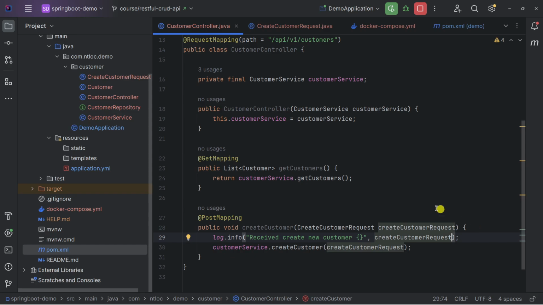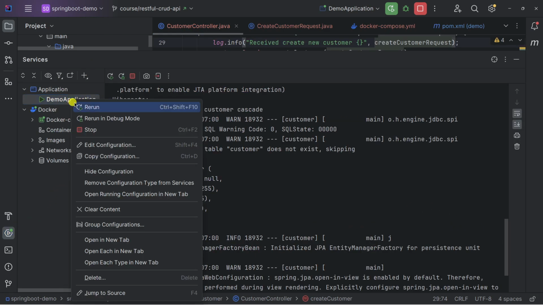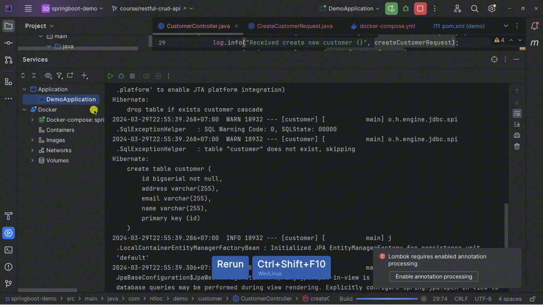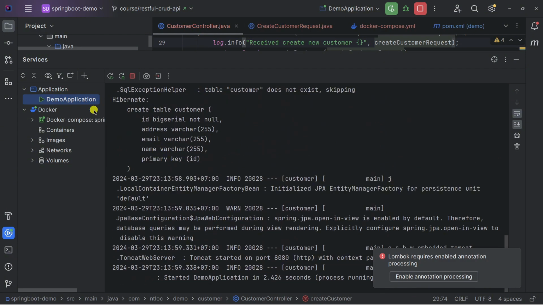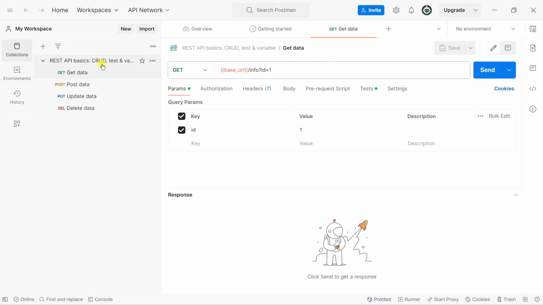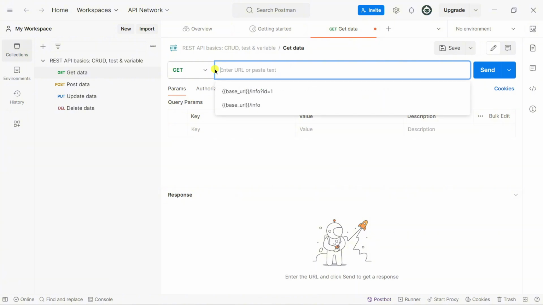So okay, cool. Let's rerun the application again. And for testing the API, I use Postman in here. Let's try changing the URL a little bit: http localhost, and the port is 8080.